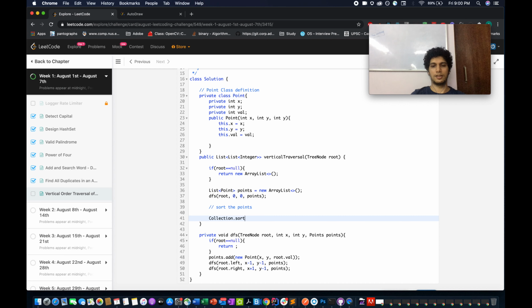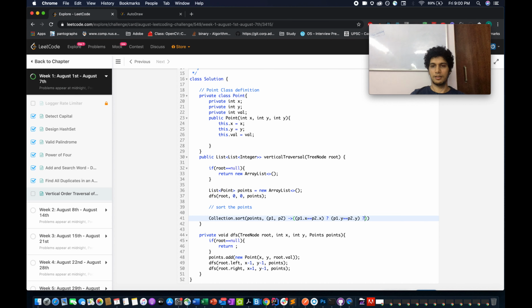Collections.sort(points, p1, p2). I'm writing a lambda expression for this. Now the case was if p1.x is equal to p2.x, and p1.y is equal to p2.y.